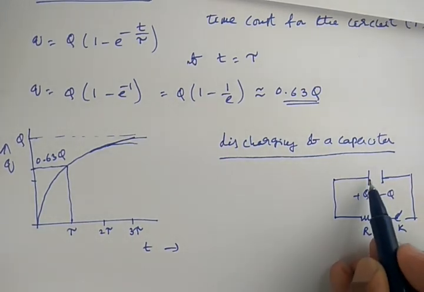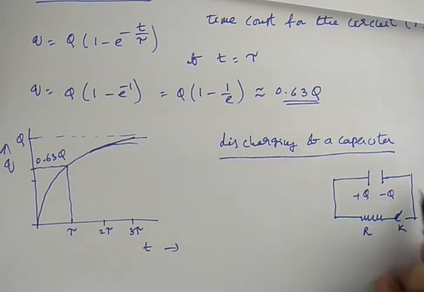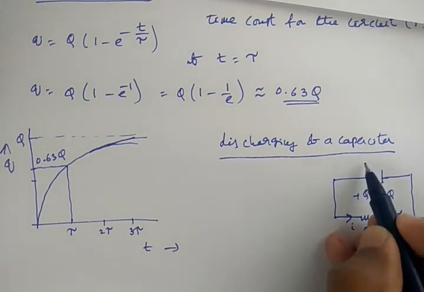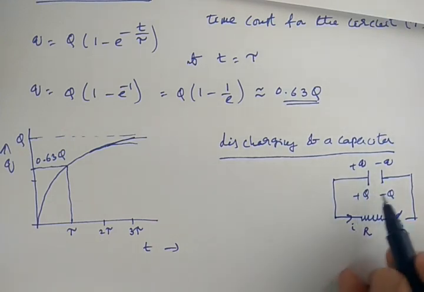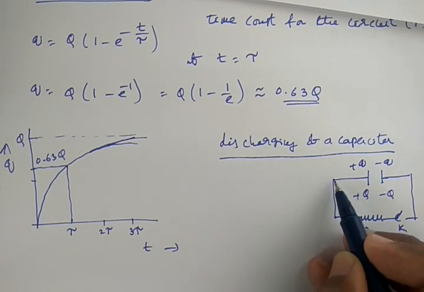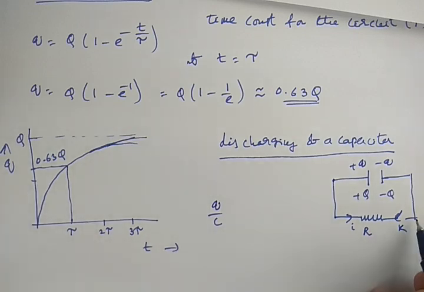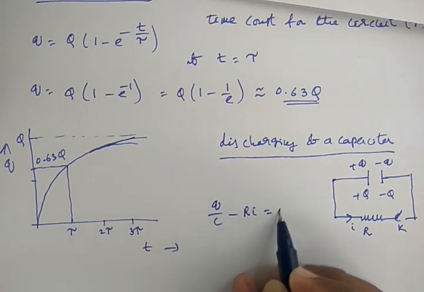So when you close the switch, immediately all positive charges that are on this plate will try to go to this plate through this connection. So you see some current in the circuit. At some point, let us say the charge that appears on this plate is plus q and minus q. At that time, let I be the current going through this wire. If you apply the loop rule here, the voltage across the capacitor is q by C, and when you go around the loop, you get q by C minus Ri equals 0.